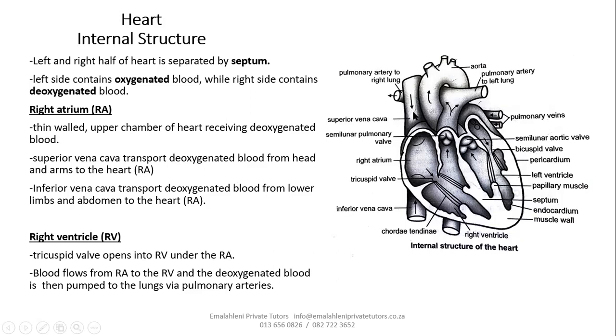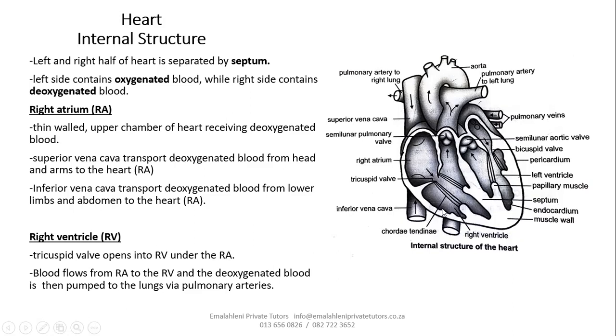Now it comes through the vena cava. We've got the superior vena cava from the top, with the head and the arms, and also the inferior vena cava, which comes from the bottom, the legs and everything. Now we see that when the blood reaches the atrium, it contracts and pushes the blood into the